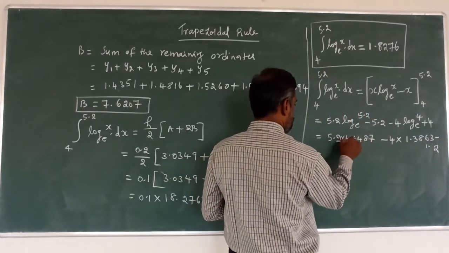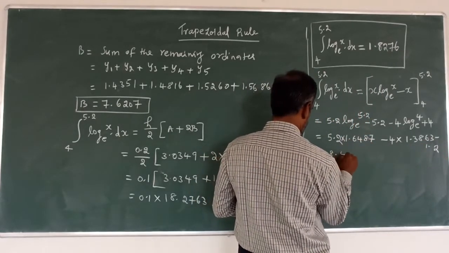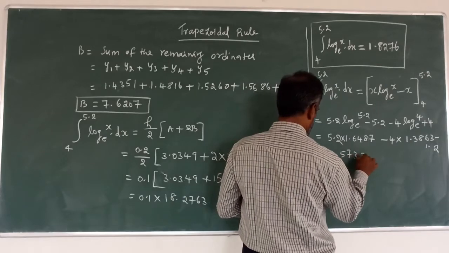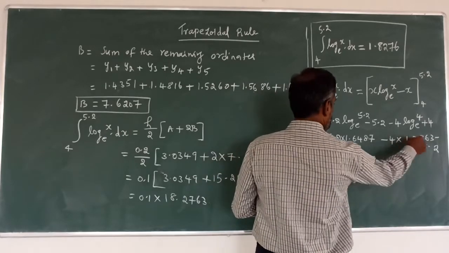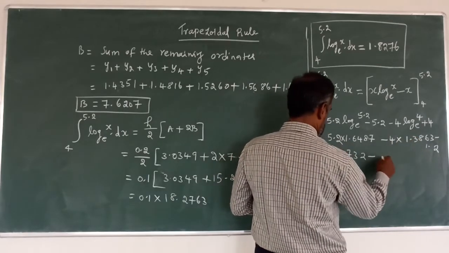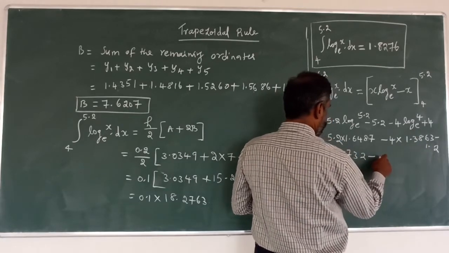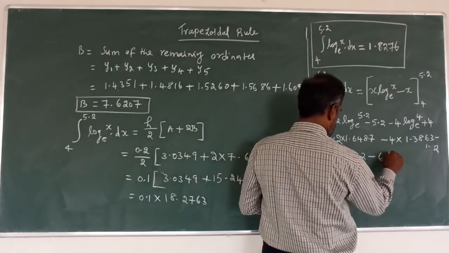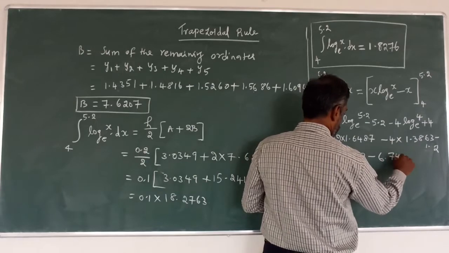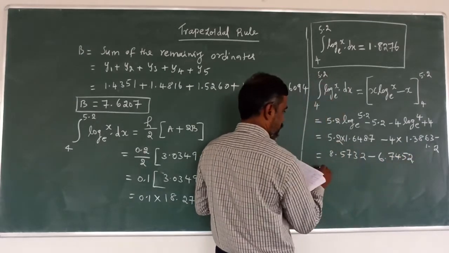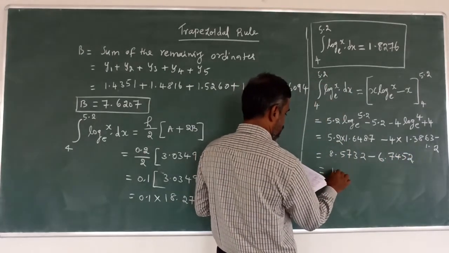Now multiplying these two, 8.5732 minus, and multiplying this one and subtracting 1.2, we get the result 6.7452 and finally we get the result